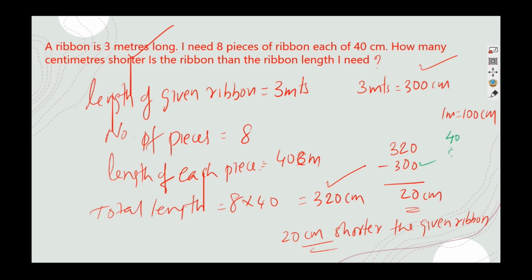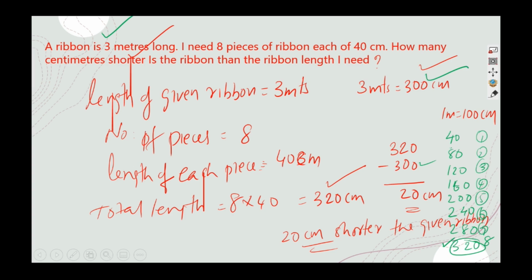plus 40 becomes 80, then 120, then 120 plus 40 160, 200, 240, 280, 320. See, then it becomes 1 2 3 4 5 6 7 8 pieces. I am saying all this so that you understand. But 320 is not there, it is a 3 meter long ribbon, so you are having 300 centimeter only. Okay, so you will do this kind of sums if it comes in the exam or for any